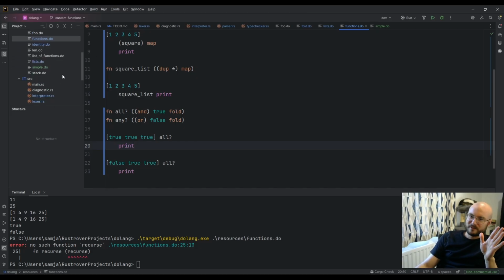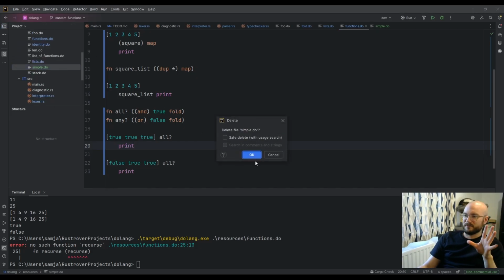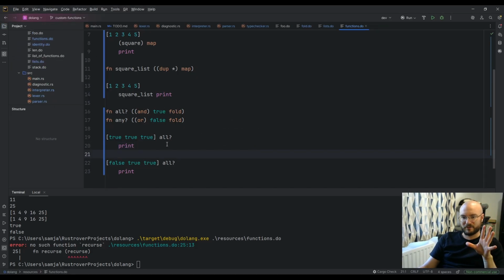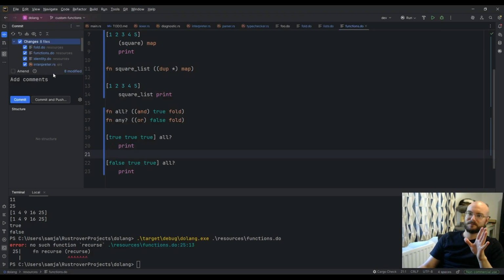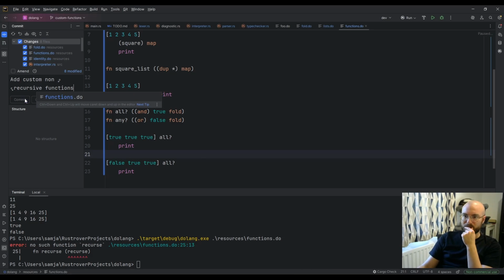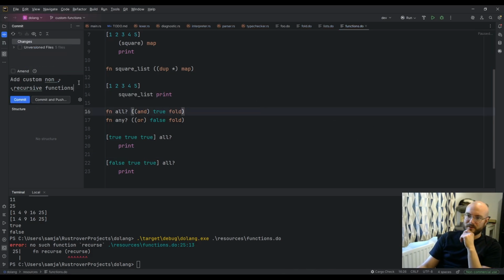So that's the state of do now, and I've been chatting for nearly 30 minutes. So I'm going to commit this. Oh yeah, we also have comments now, which is add custom non-recursive functions, and I'm going to commit that, and then I'm going to push that,